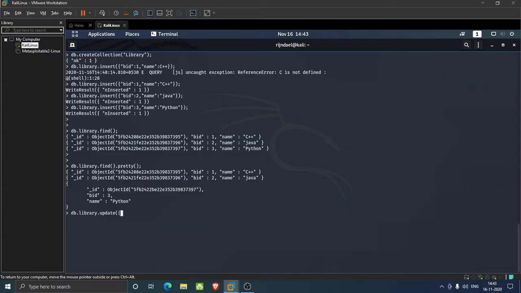So we will do name, say it was Python, because there is a lot of confusion about Python versions. So we'll say Python 3.7. So this is your issue. This is the entry, and what you want is $set. You just write $set and then you just write name